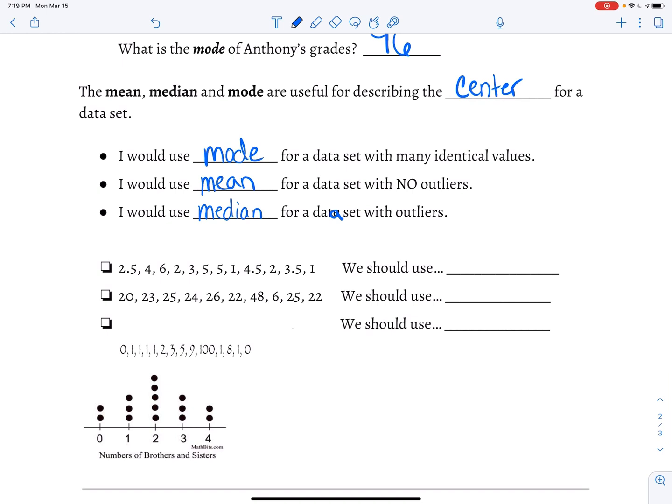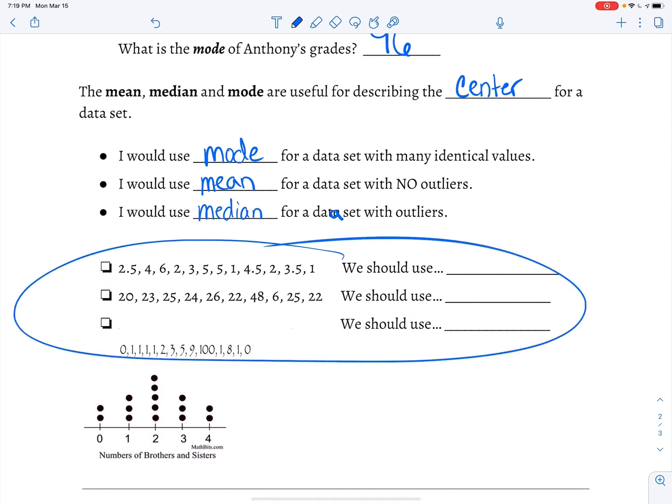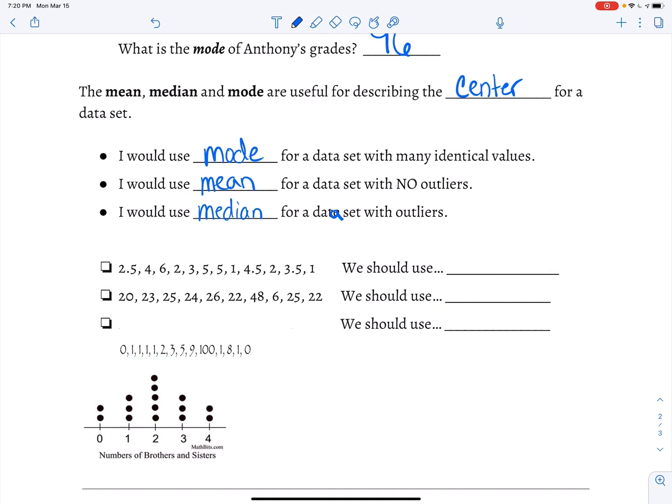So down below, there are 3 different examples, 3 different data sets. We're not down to the graphs yet. We're just looking at the data sets. These 3 here. So I'm going to have you pause the video and write down which measure of center we should use for each. And once you've written down an answer in each of these blanks over here, we'll continue together. Hopefully we've done that by now. If not, pause the video again and finish those 3 problems up. But assuming that we have completed this,